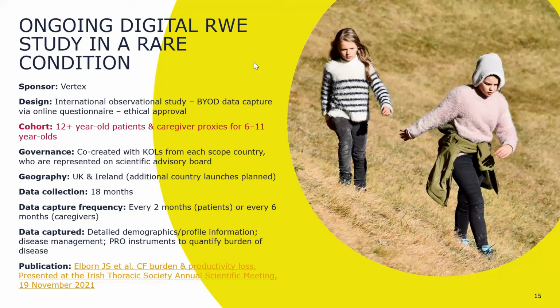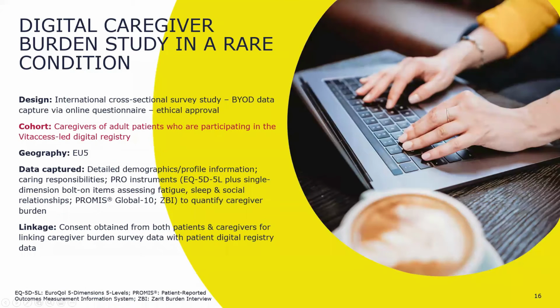So if we go on to the next one, this is a slightly different study where it's a cross-sectional data capture. And Catherine mentioned dyads of patients. So we're doing a longitudinal registry study in this rare condition. And we're also capturing data from caregivers linked to the patients who are in the longitudinal registry. So EU5 geography, and in terms of data capture, again, it's pretty detailed. We tried to establish the key parts of the burden on the caregivers in this condition. You see some of the PRO instruments, EQ-5D-5L, sleep, fatigue, PROMIS, etc., to try and get a better handle